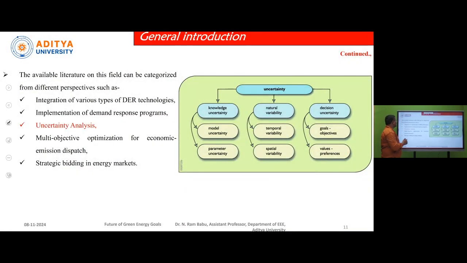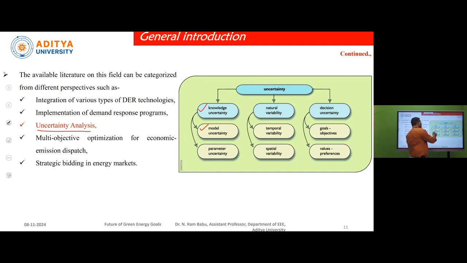And the next concept is uncertainty analysis. Uncertainty means we don't know what will happen. In general, the uncertainty in our VPP is of 9 types. First one is knowledge uncertainty, where by mistake we have forgotten something. The second is model uncertainty. We consider a transfer function model of the system, and there may be some wrong values placed in time values or gain values. This comes under model uncertainty.